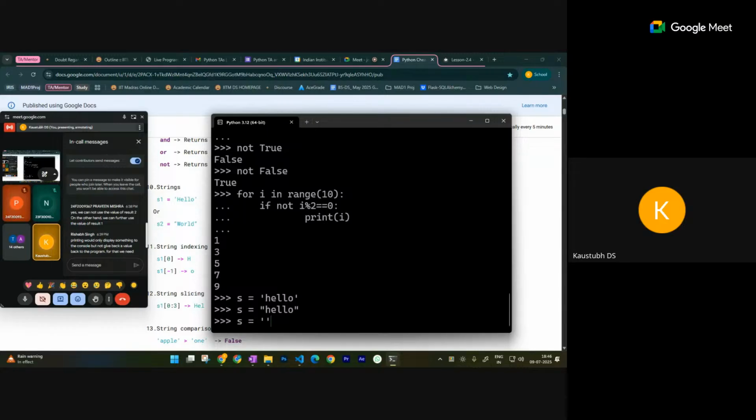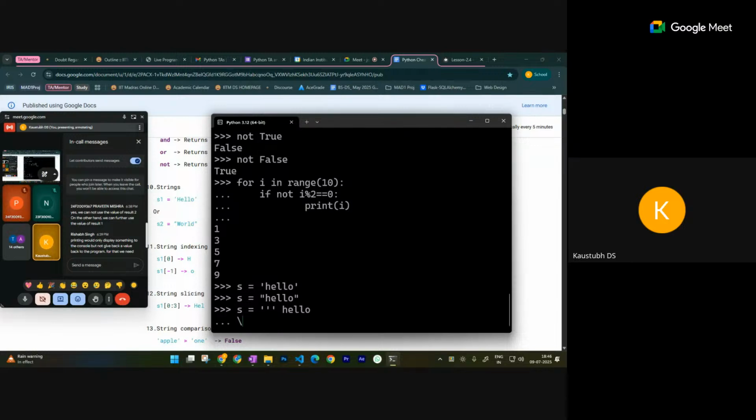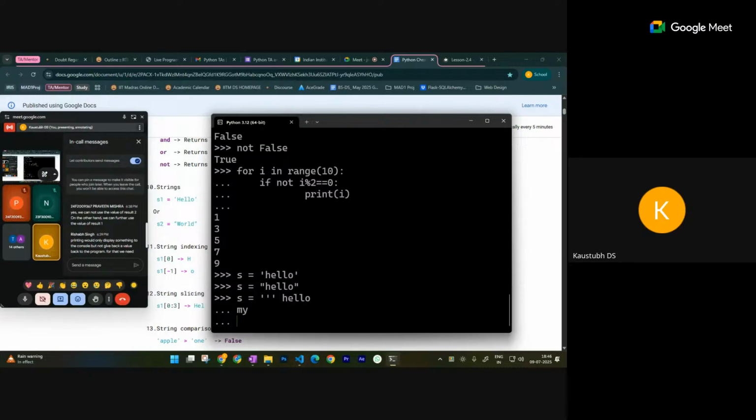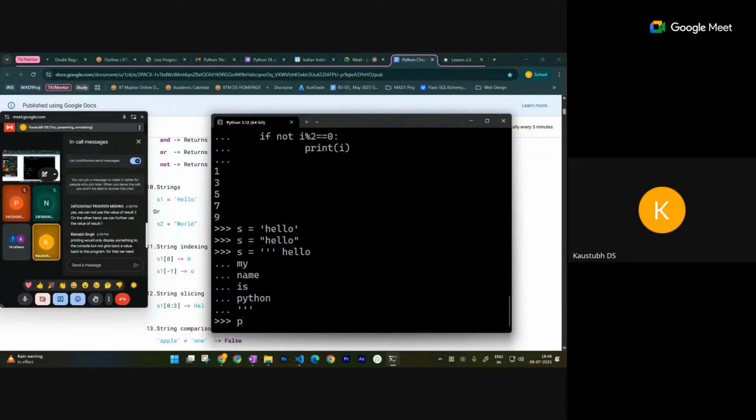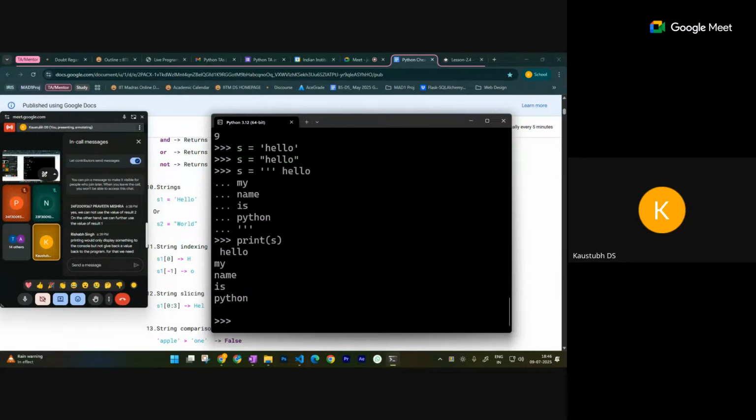So I can either do three quotes and write hello, then press enter, then write my name is Python, and then close the three quotes. If I try to print s, I'll get it in the order in which I printed it. So multiple lines are allowed using triple quotes, and the same thing can be done